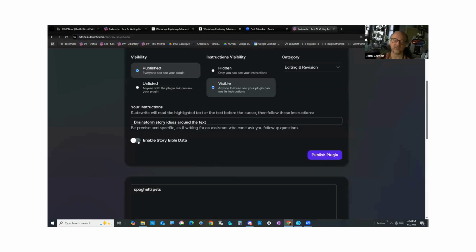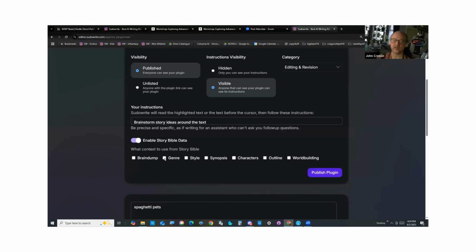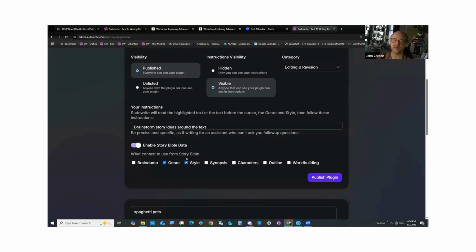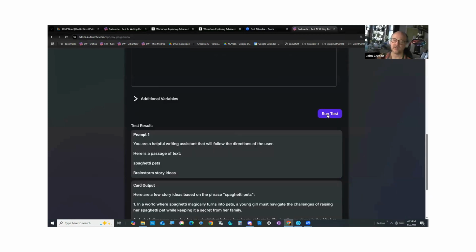So this is the thing that Benon wanted us to look at, enable story ideas. And so maybe I want genre and style to be taken into account. I could have characters and synopsis, though I don't think that makes any sense. I just wanted to brainstorm story ideas around the text, but I'd like it within my genre or style. And now when I run the test,